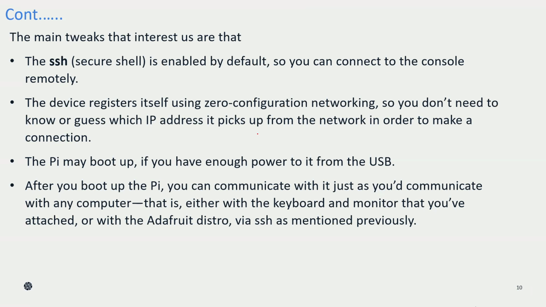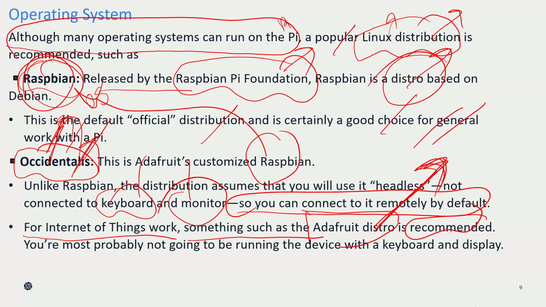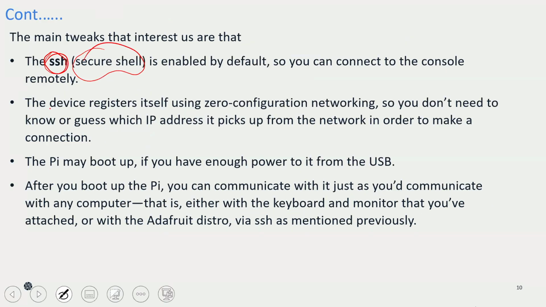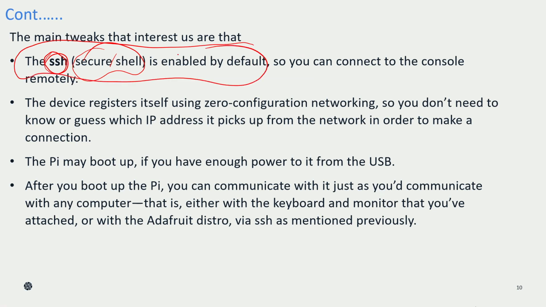Also, SSH is there. SSH means Secure Shell, which is inside this Raspberry Pi, and also whatever they have told, right? So these two have Secure Shell. It comes by default with that particular operating system, so you need not set up Secure Shell separately. Automatically, by default, it will come.